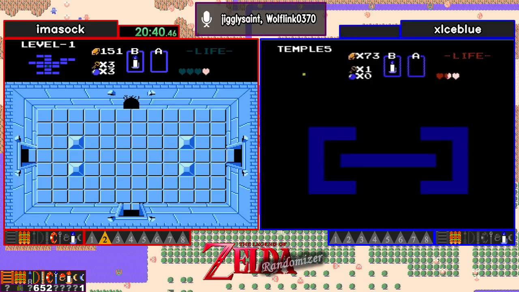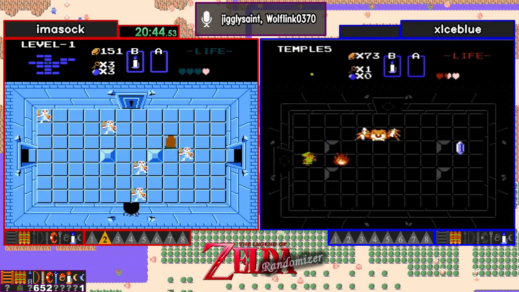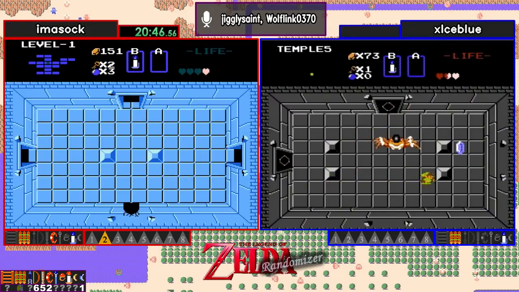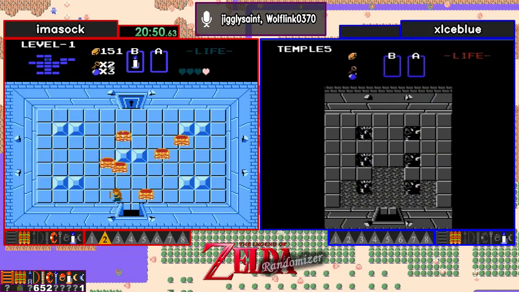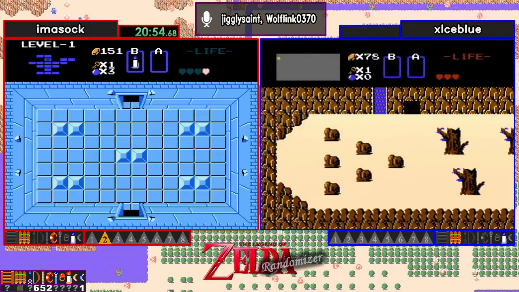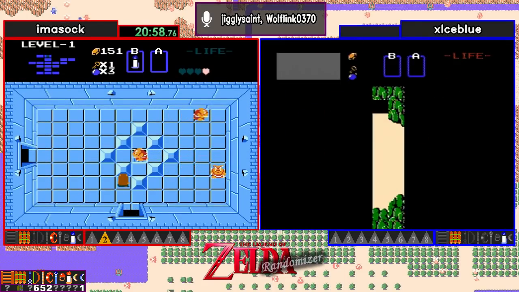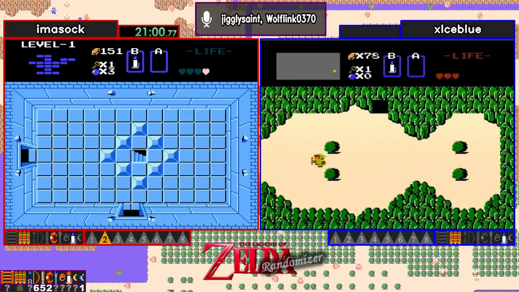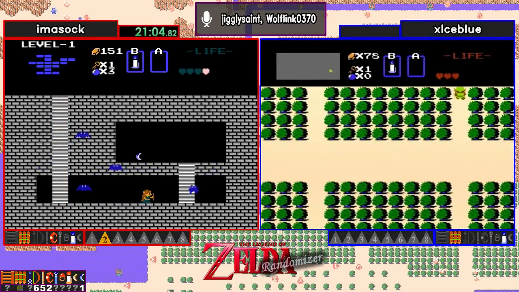Meanwhile, iceblue has been going through level 5 here. Doesn't look like they found an item just yet. Oh, but they found a Goma block. Item located. Yeah, here's our item, and what is it going to be? Okay, it's the magic boomerang, so...